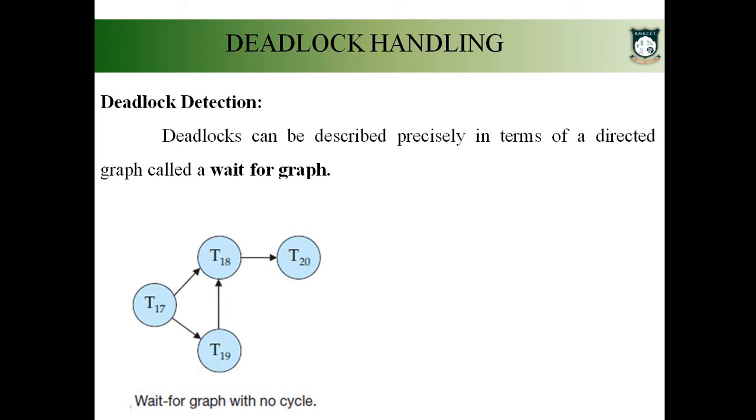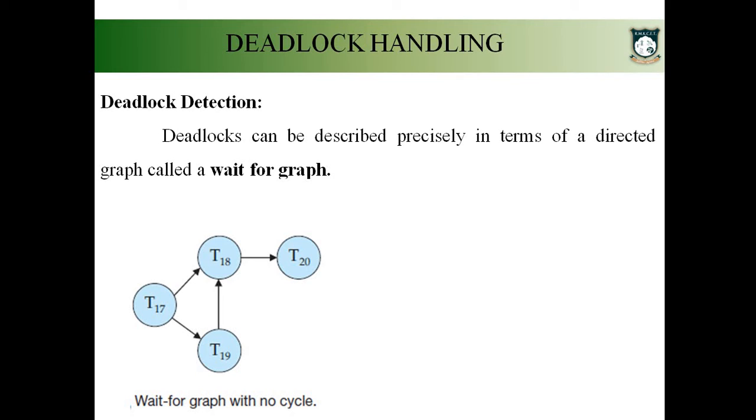Okay. Now let us see the detailed procedure for step 2, how to identify whether our system has entered deadlock or not. We can identify this by using a graph called wait for graph. Similarly, we have seen one graph called precedence graph. That we have seen in the topic called serializability. So it is very similar to the wait for graph, which is used for checking whether our system has entered deadlock or not. So this wait for graph is very simple.